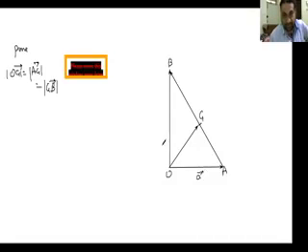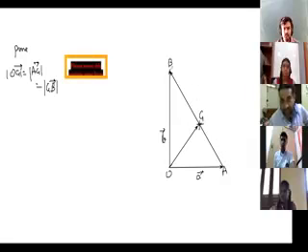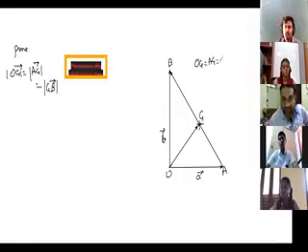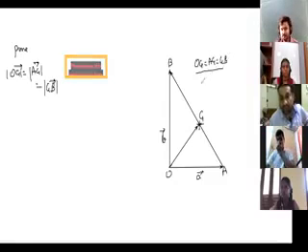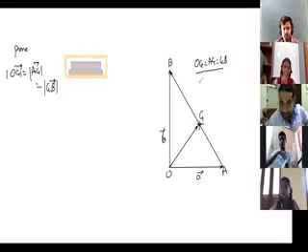So the question says prove OG equal to, modulus, means length of OG equal to length of AG equal to length of GB. That's what the question says. Means if this is vector A, this is vector B, and OAB is a right angle triangle, prove that the line joining the midpoint of the hypotenuse to the third vertex is of half the length of the hypotenuse.